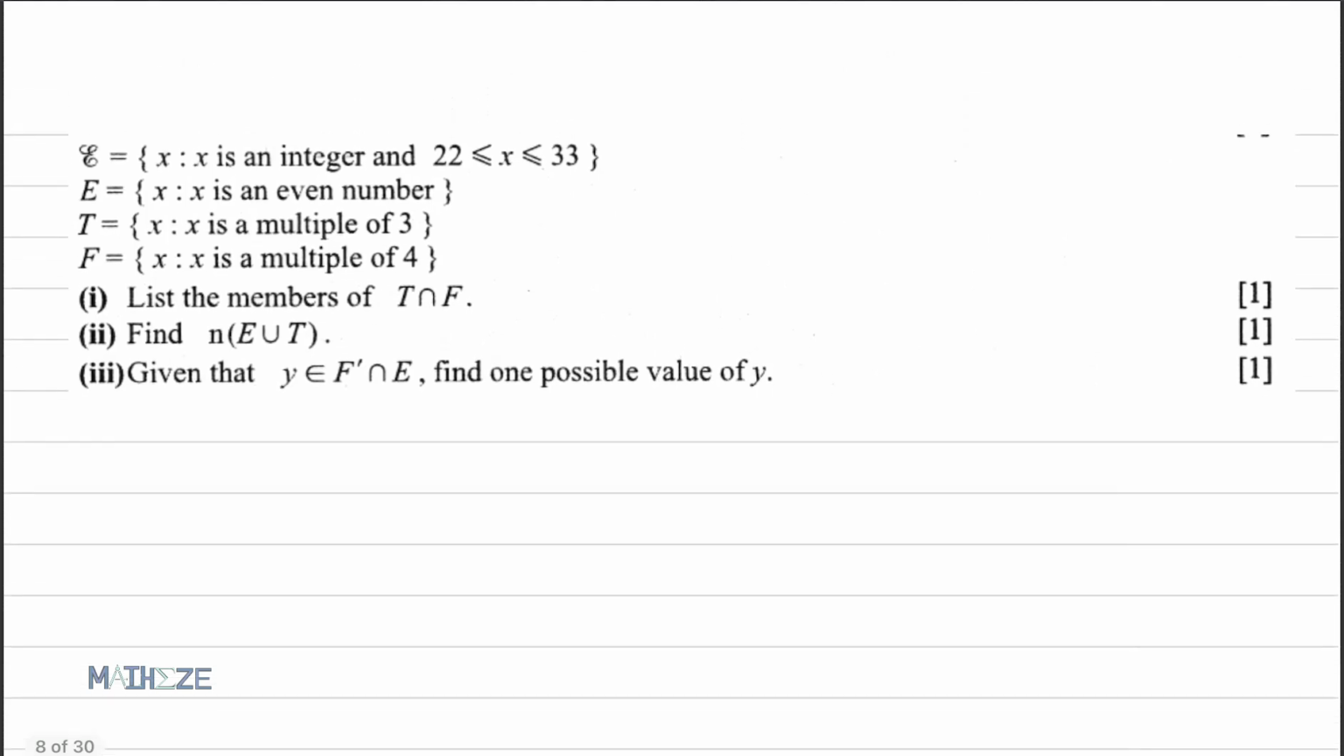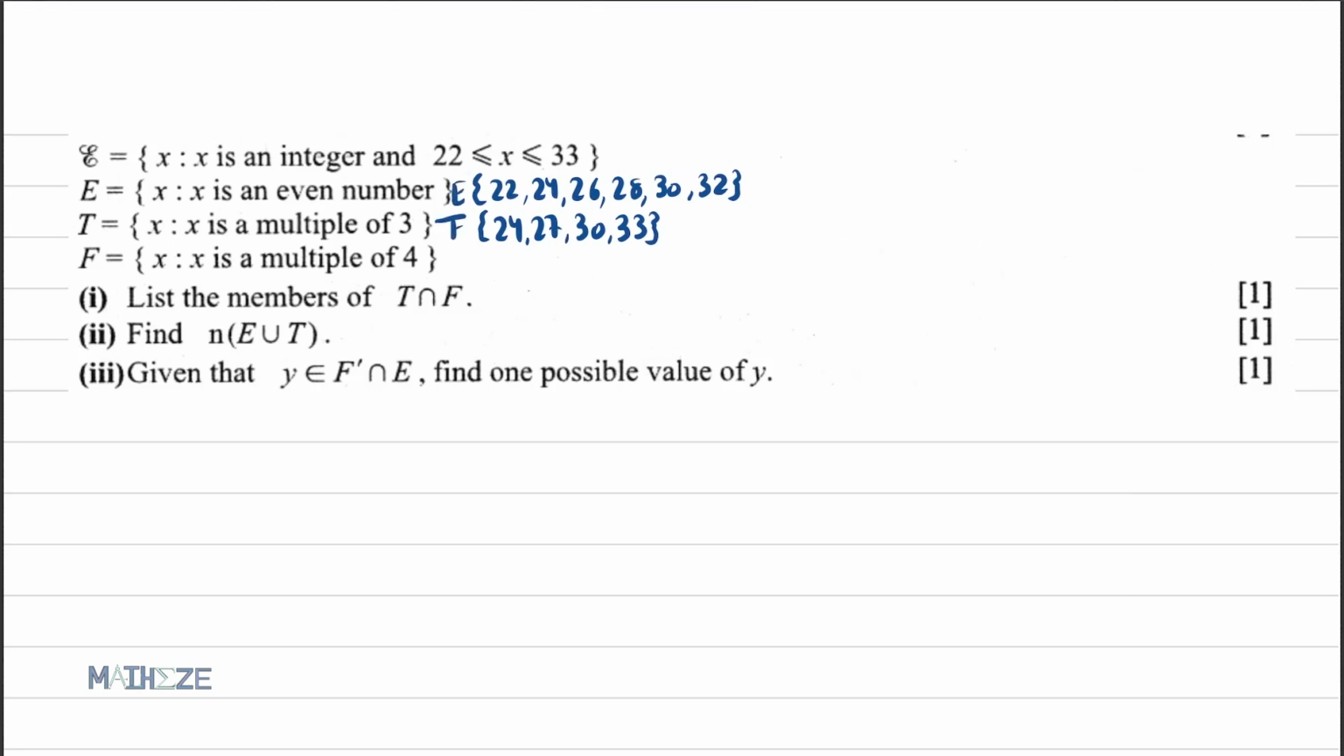Universal set is given to us, that's 22 till 33, and set E is what? Even numbers. So it's going to be 22, 24, 26, 28, 30. Got this? 32. That's it. Set T is a multiple of 3. So it's going to be 24, 27, 30, and 33. Got this? Set F is a